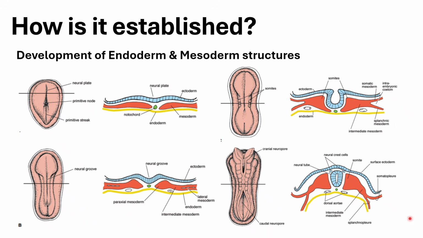So here you have your somatopleure. This upper part, for example, of the mesoderm together with the ectoderm will form the body walls, while the lower part of the mesoderm, or the splanchnic mesoderm, together with the endoderm will form the visceral organs, specifically the heart area as well as the gut.